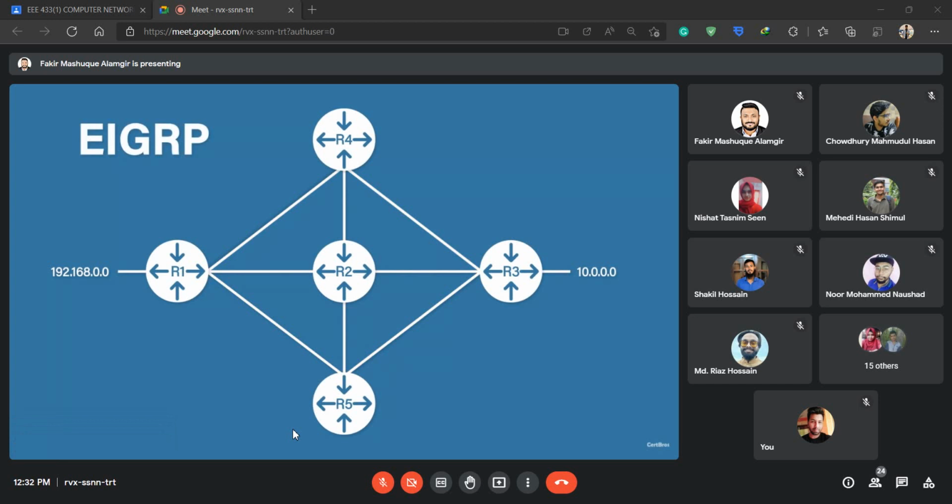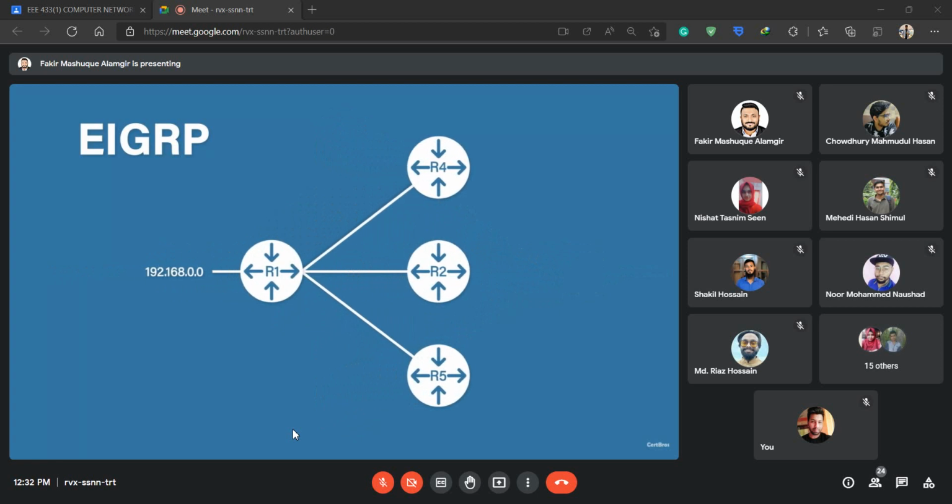EIGRP sends updates from one router to the next, almost like a game of Chinese whispers, which apparently other countries call the telephone game. From the perspective of each router, only their neighbors exist, and frankly, they don't care about anything else. For example, Router 1 wants to add the route to the subnet